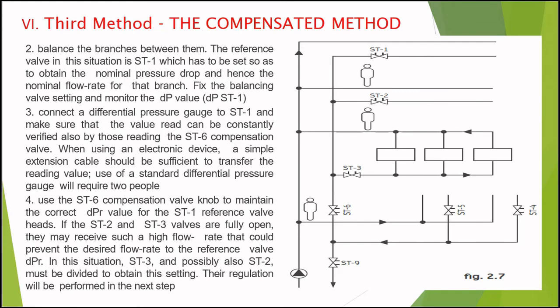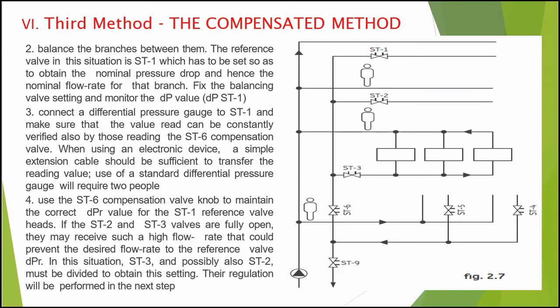Then we have to connect a differential pressure gauge to ST1 to monitor the differential pressure in the circuit. We have to make sure that the value read can be constantly verified also by those readings, the ST6 compensation valve. When using an electronic device, a simple extension cable should be sufficient to transfer the reading value,